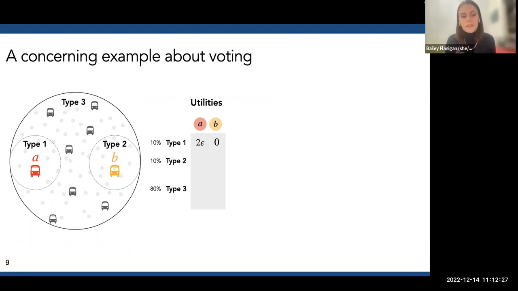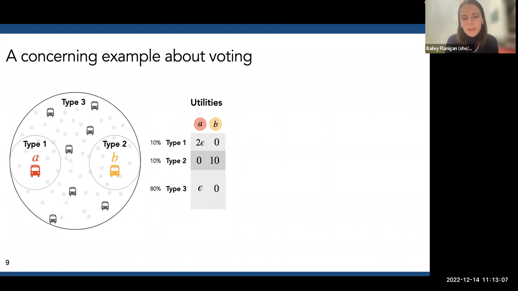People of type 2, in contrast, they don't have cars. They really rely on the bus for getting to work, getting to school. And so they would have really high utility for getting a new bus stop in their neighborhood. And people of type 3, you think they will be indifferent because they're not really served by either of these new bus stops, but maybe they're very slightly biased. Maybe it's because they're more like the people in the type 1 part of the neighborhood and they say, okay, well, I would never go to bus stop B, but I might go to bus stop A. They're going to have a slight bias. And for the sake of this example, let's say they all do, although this example is very robust, so we don't need them all to. Anyway, these are the utilities.